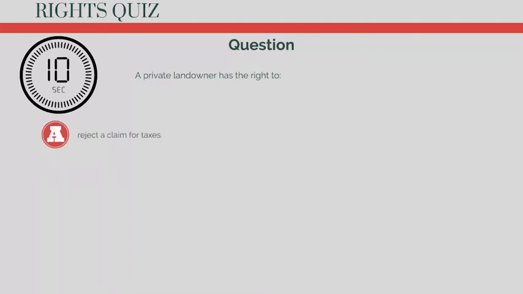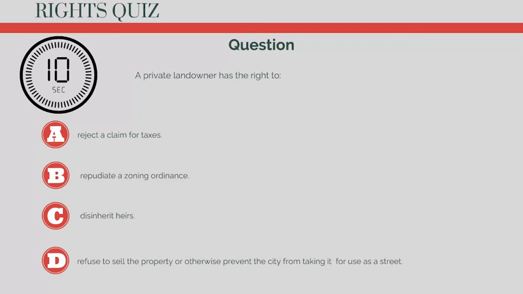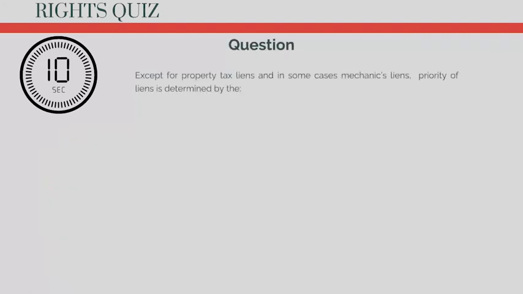Reject a claim for taxes, B. Repudiate its zoning ordinance, C. Disinherit heirs, or D. Refuse to sell the property or otherwise prevent the city from taking it for use as a street. C. Disinherit heirs. Except for property tax liens and in some cases mechanics liens, priority of liens is determined by